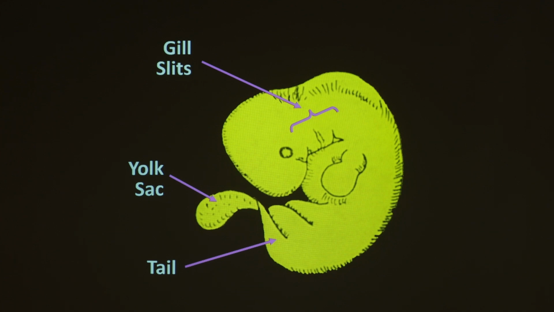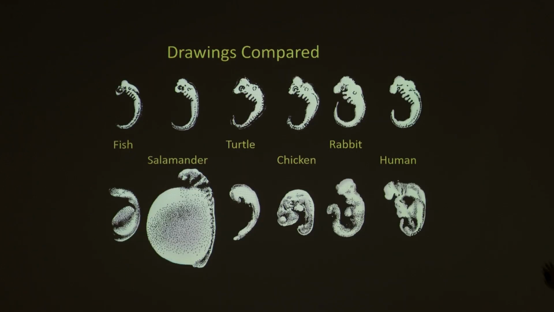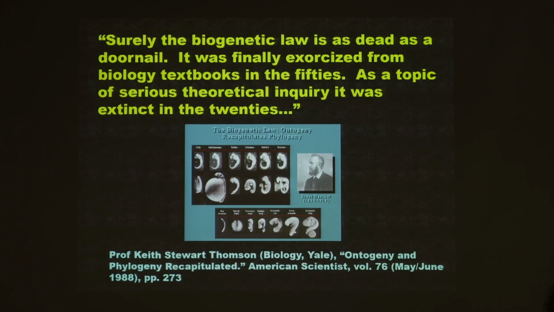He was trying to push for this idea of look at the different stages of creatures that we used to be. No, these things are not accurate terms to give, and actually Ernest Haeckel got in trouble later because there are his drawings on the top, but here's what they actually look like in real life. Not very accurate. And he was eventually denied as being true to science and the study of what he was doing. And here Professor Keith says in 1988, the biogenetic law that we discussed is as dead as a doornail.